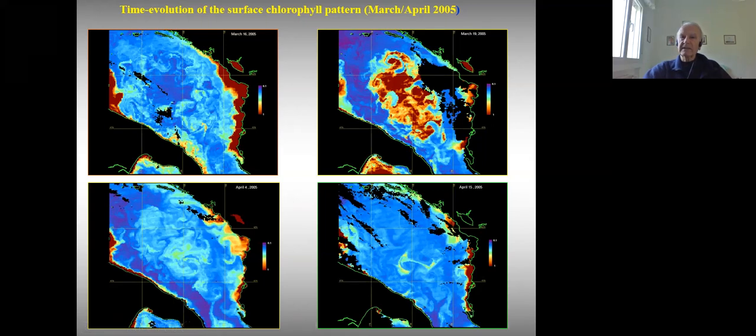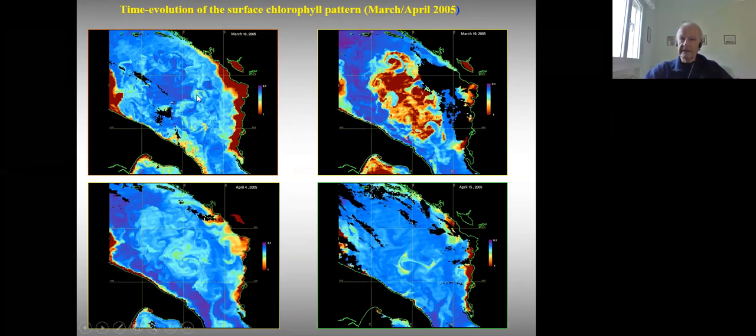So what we see here is, first of all, let's forget about these coastal areas. In coastal areas, you have a lot of sediments. It's not necessarily phytoplankton. And these coastal areas are rich in nutrients because of river runoff, so there is a lot of phytoplankton, but also sediments. In the open sea, on the other hand, the phytoplankton or chlorophyll concentration depends only on the availability of nutrients, which are brought to the surface